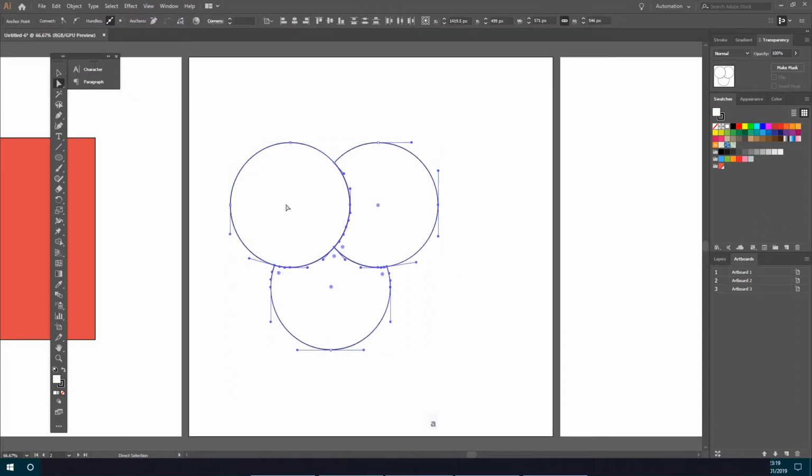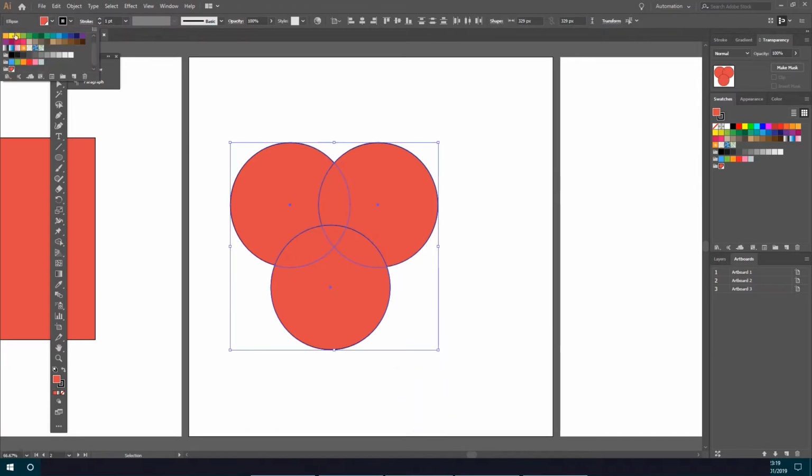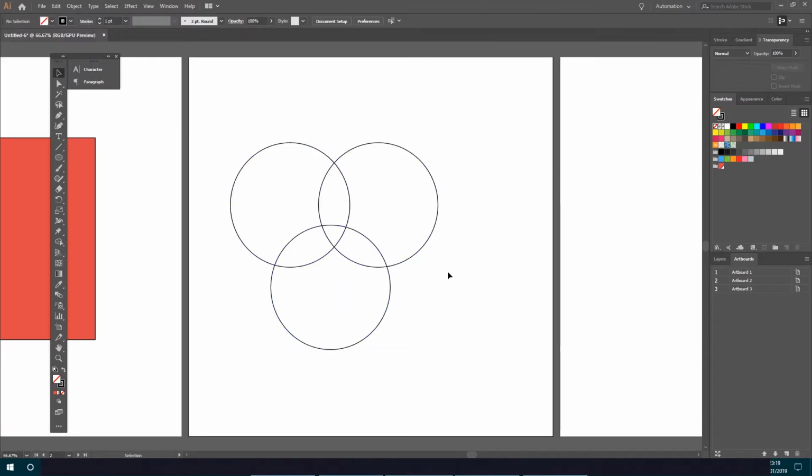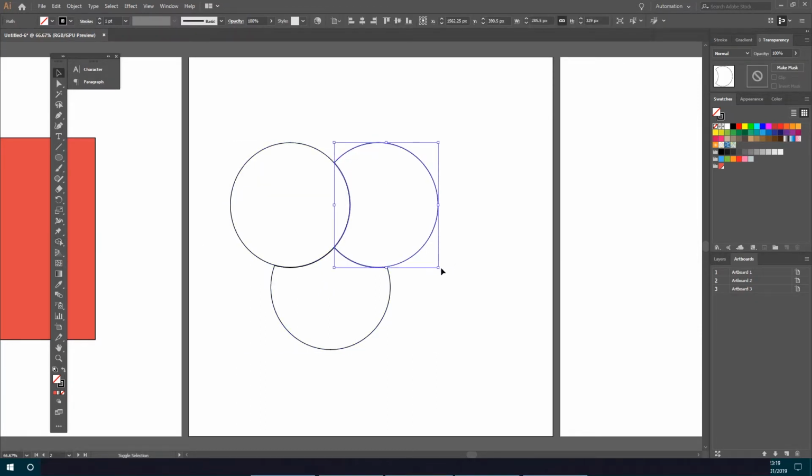Let's do that again. Highlight them, shape builder tool. It's quite fun. So if you get to play around, look, it looks like a Mickey Mouse already. And then you go P for your pen tool,